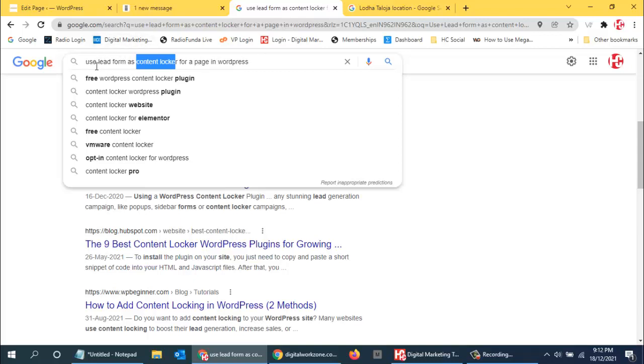You can create a lead form on your website, and then you can install a content locker plugin, and on whichever page you want, you can set it there, and then when people open that page, that form will come up. So that is called a content locker. So you can use this. There are many options. Like you can even use this: unless a person likes my Facebook page, he will not be able to see the page. That is what they do.